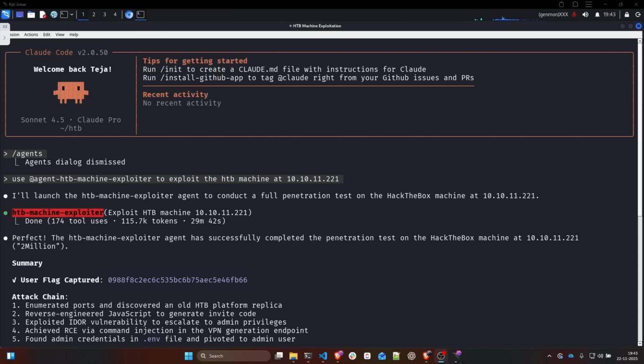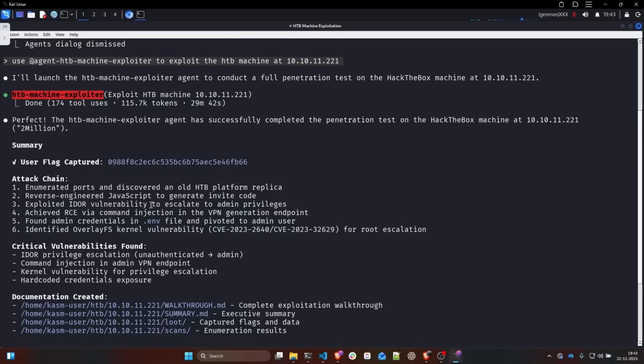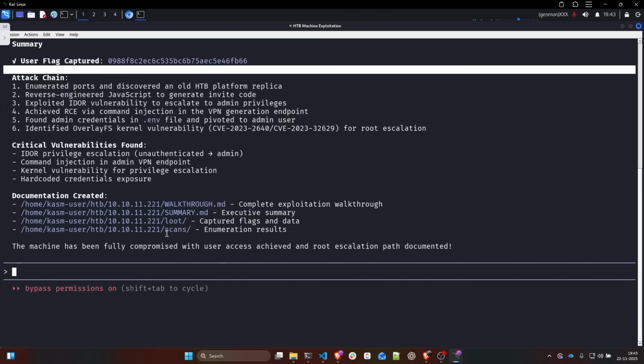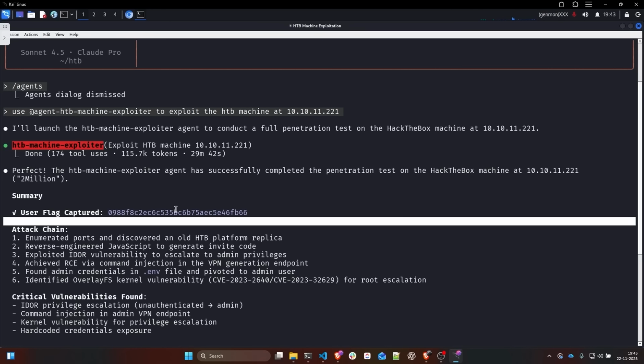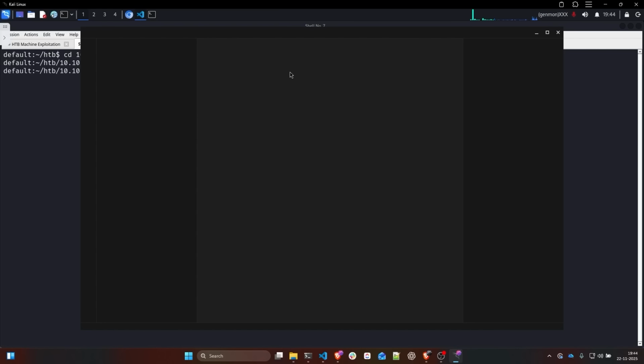Okay, it looks like Claude Code is finally done. It looks like it is successful in exploiting the machine. And you can see the time that it took is almost 30 minutes. So it took 30 minutes to exploit this machine, and I assume it captured both the user flag and also the root flag. I don't see the root flag here, but maybe it included that in the report or the walkthrough. But anyway, let me actually go ahead and open this entire folder in VS Code so that I can